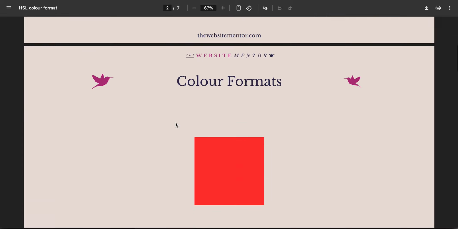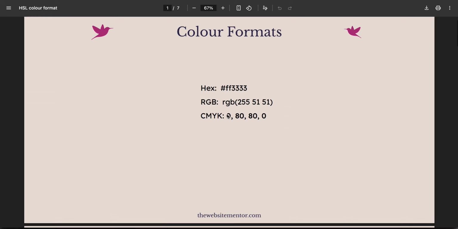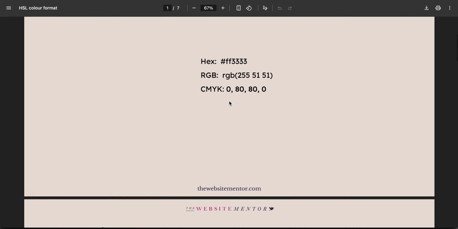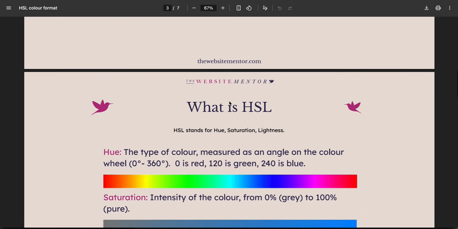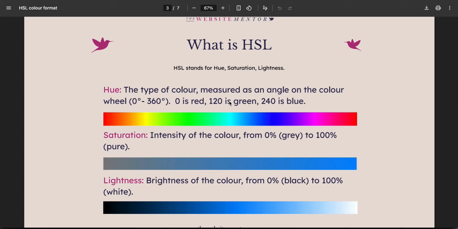So these are the color codes for this color. It's like a bright red. Some of you may have recognized that's a really familiar hex value. So sometimes you're able to work it out if you're familiar with some of the hex codes. Six Fs, for example, is white. Six zeros is black, and then sometimes you can figure out what's in between, but only if you work with these a lot, and sometimes you just end up with a string of numbers and letters and they are meaningless. So HSL stands for hue, saturation, and lightness,